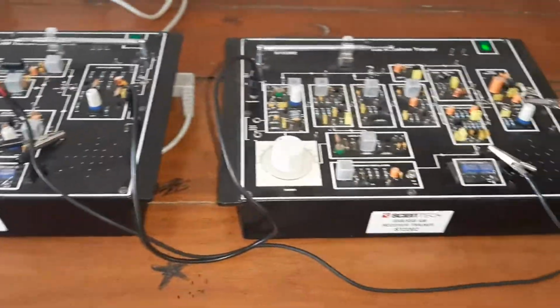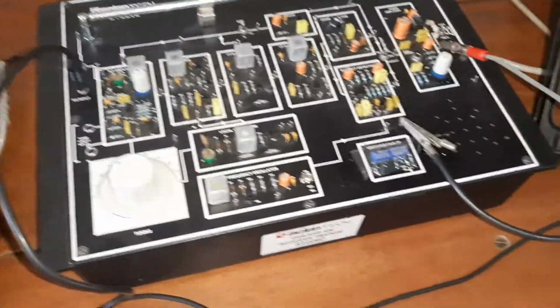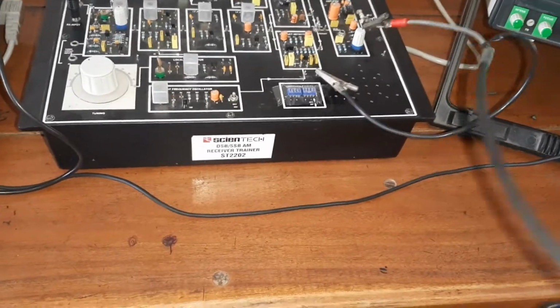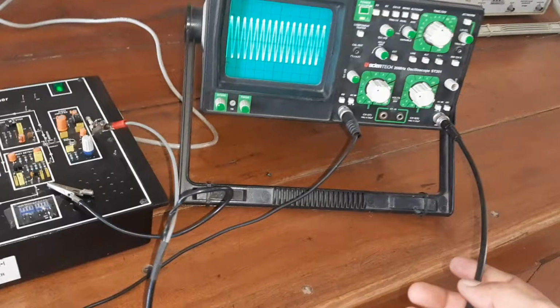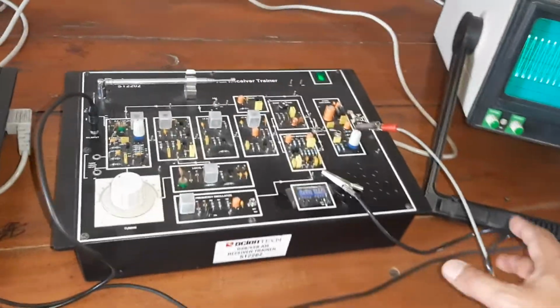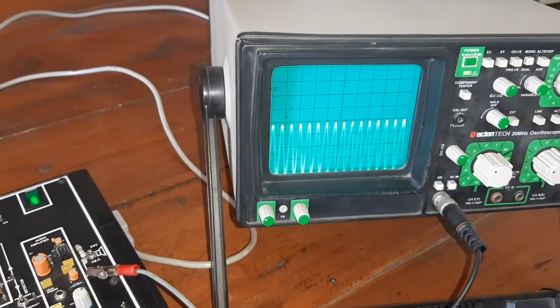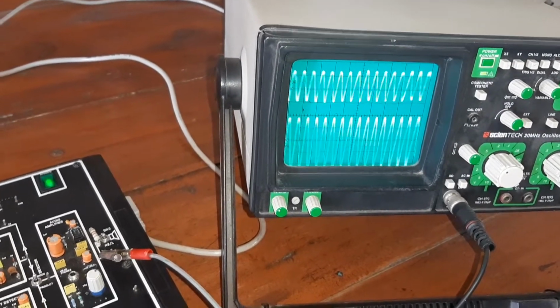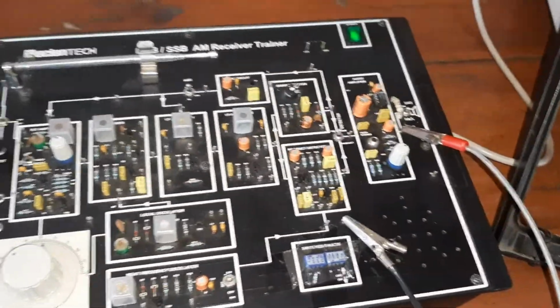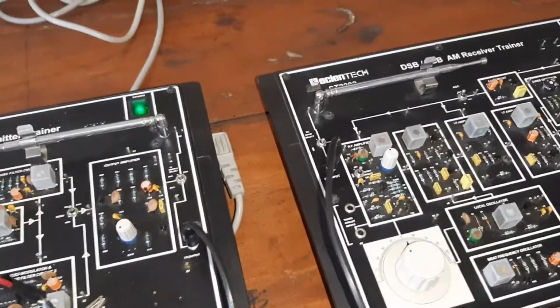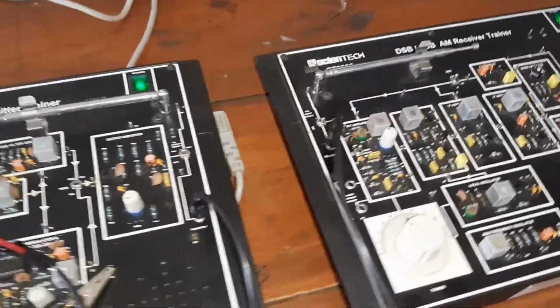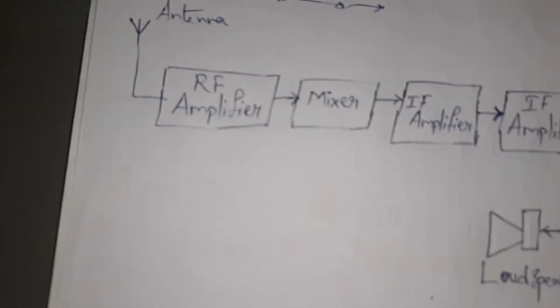Now in this receiver kit we have connected another channel to the CRO. You can observe this other channel's output is connected to the audio amplifier. So this is our input signal, and the output signal we receive on channel 2. These are the different blocks available. Before starting this experiment, we should first know the different blocks available, and at the same time the different conditions for all these blocks.